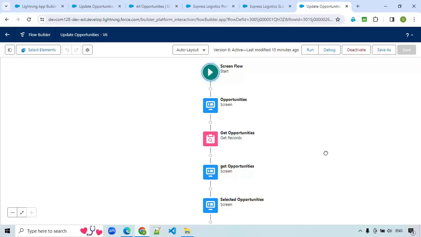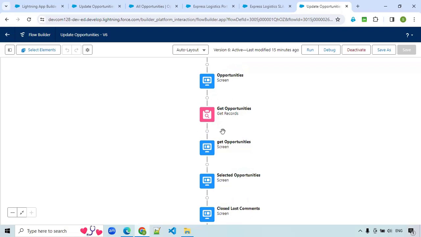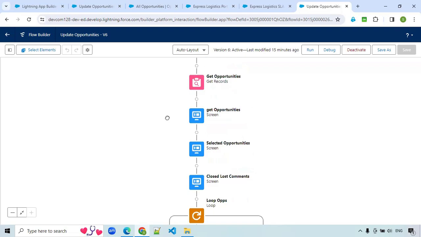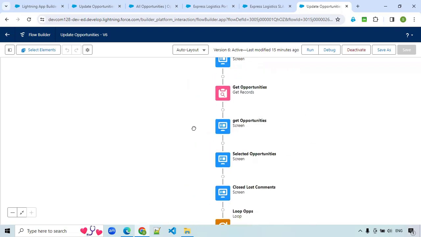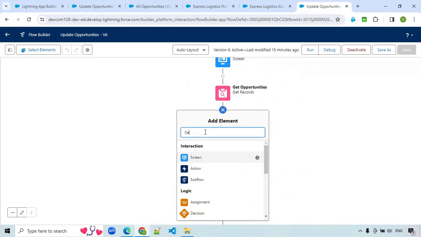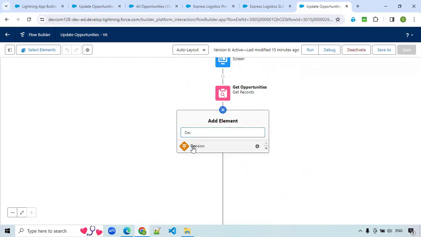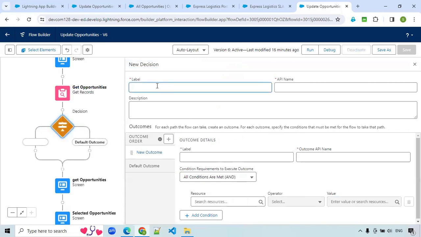Come to here. So here we have to get the opportunities. After that, we have to identify, so take one decision. Here we take the opportunities decision, and the otherwise outcome. So if records are found,